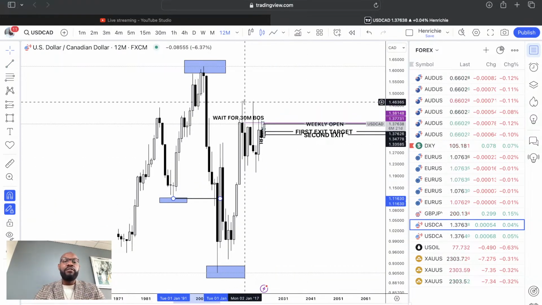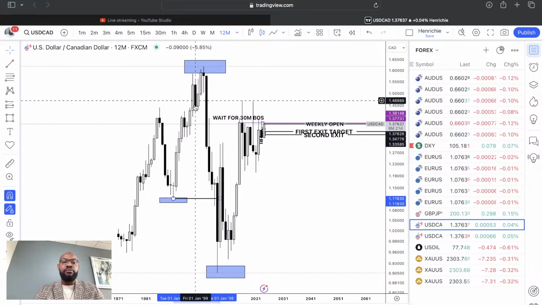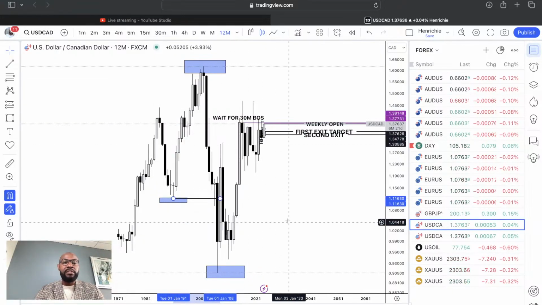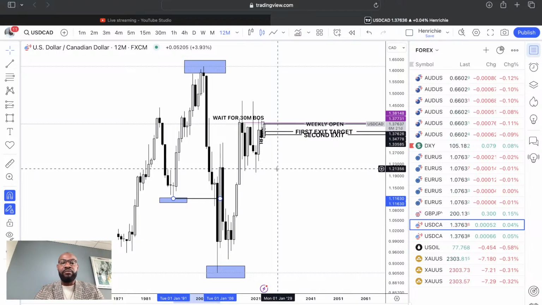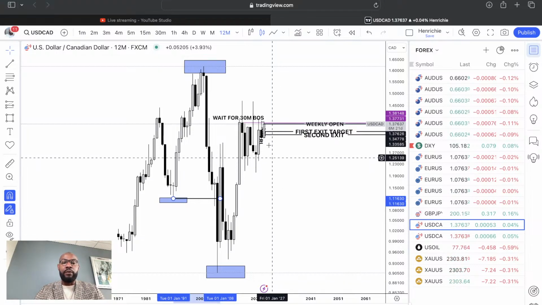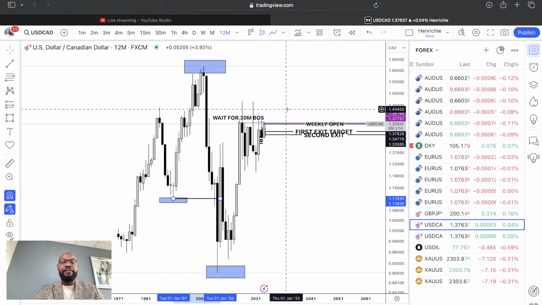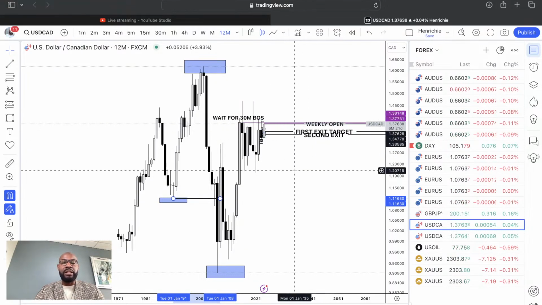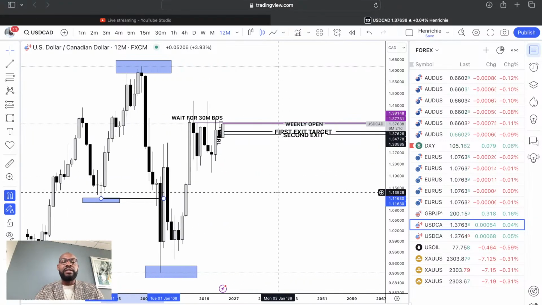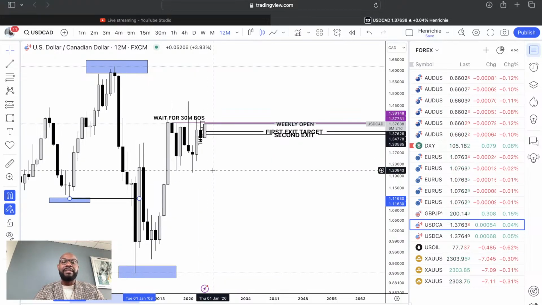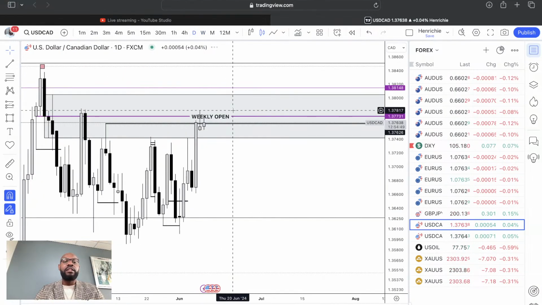So this entire move to the upside could be a reaccumulation for shorts, and then price could potentially drop to the downside due to whatever reason that we do not know. Price could potentially reject through a key level on the higher time frame and then just continue to the downside. So that is why personally I'm not interested in trying to buy USD CAD, but at the same time I'm also not selling it because I don't like the structure it's showing me on the smaller time frame.